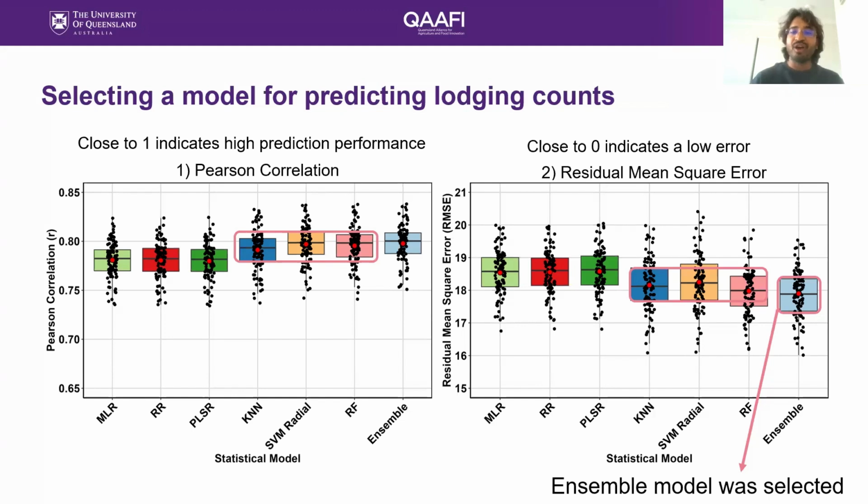Some of the features are well predicted by one model and some of them are poorly predicted by another model. By averaging the predictions, we are leveraging the strength of all individual models, resulting in slightly better predictions than those of the individual models. The ensemble model was selected for further